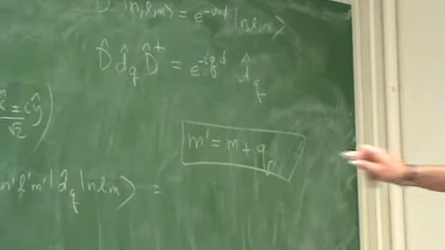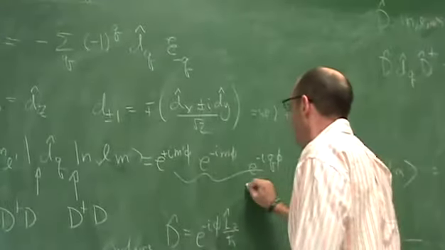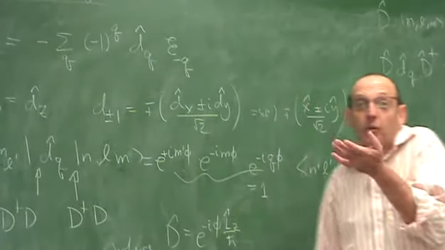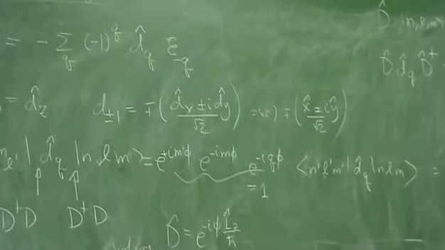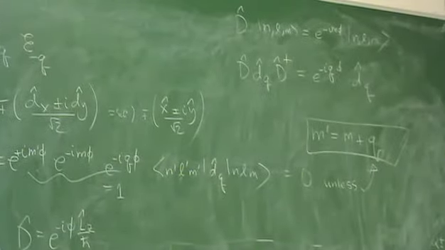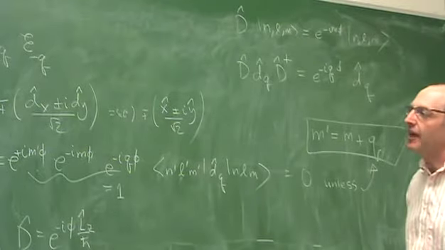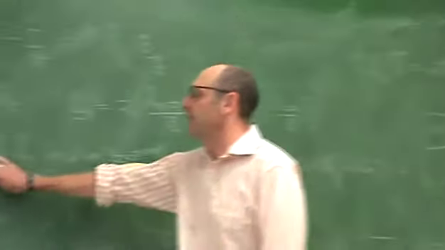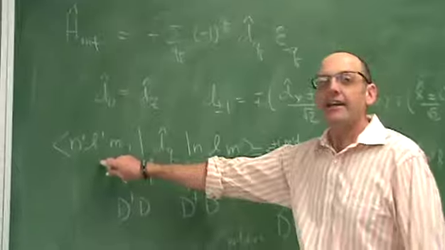Because this must be equal to 1. Otherwise it is 0 unless this is true. So, we have a selection rule now that says that the only non-zero matrix elements